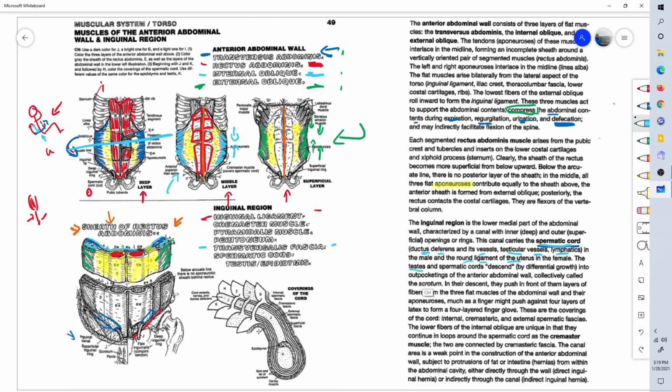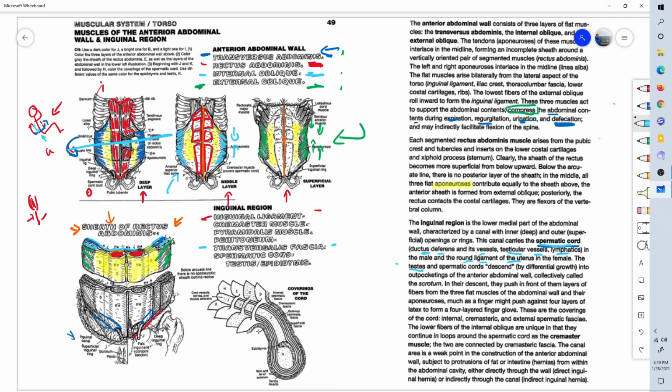It includes the testes. So the testicles themselves came from inside the pelvis and pushed their way out through the abdominal wall during development,